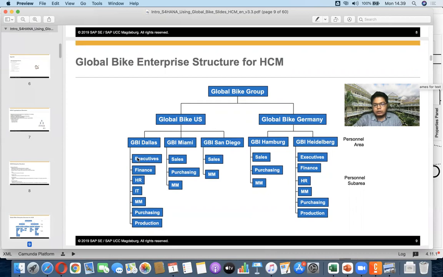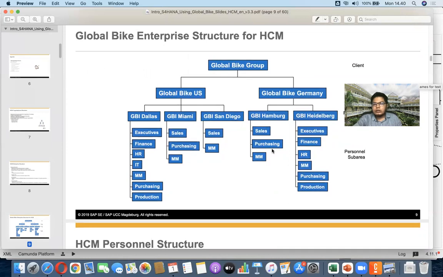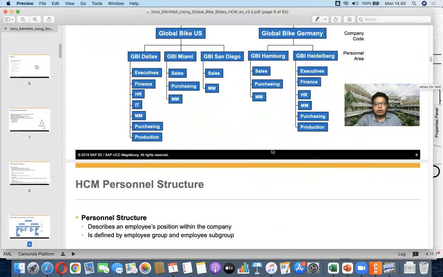This one is the complete one, so we may assume it is similar to headquarters or the main branch, while this one only consists of sales, purchasing, and MM. Perhaps this one is only about sales. So each branch might have a different structure depending on the size, whether it is large or small.